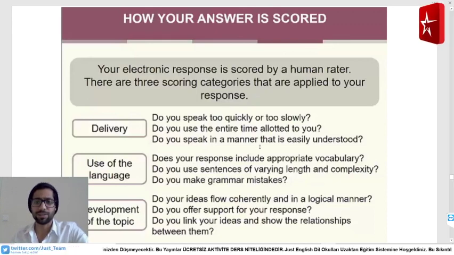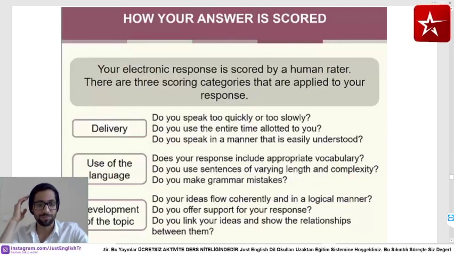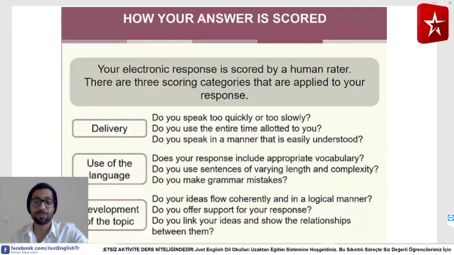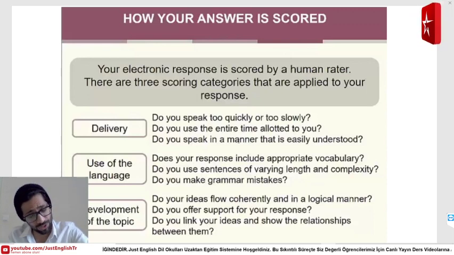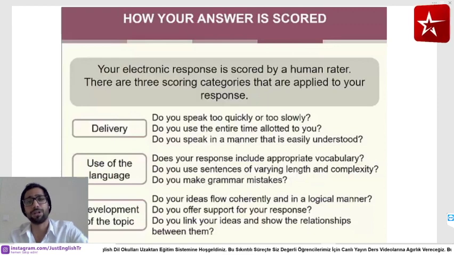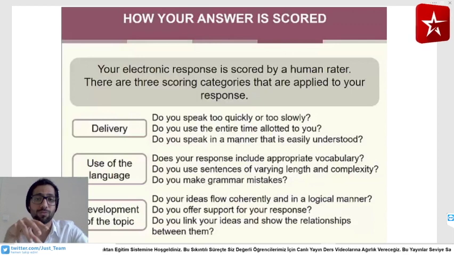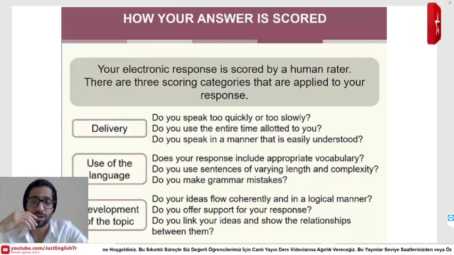And your speaking must be understood, of course. That's why I'm saying medium. Now, the use of the language. Using appropriate vocabulary, how can you get appropriate vocabulary? However, I said I will not discuss vocabulary, but I can give you notes. Try to group vocabulary or learn vocabulary from a context so that you can know how to use the vocabulary and where to use it. You can't use the vocabulary in a different place.